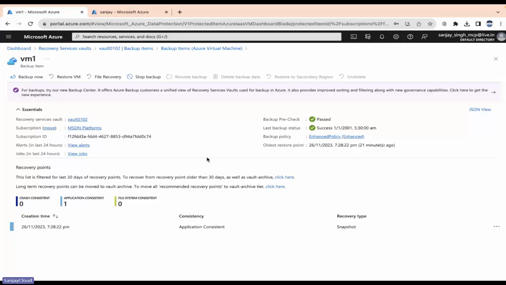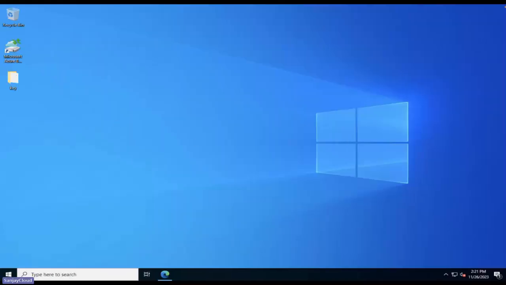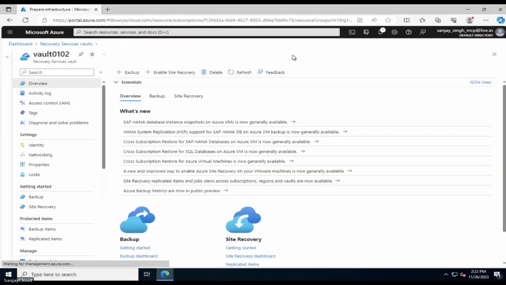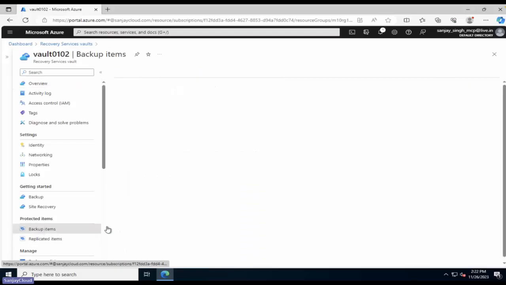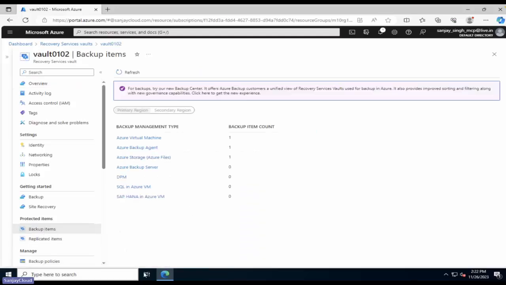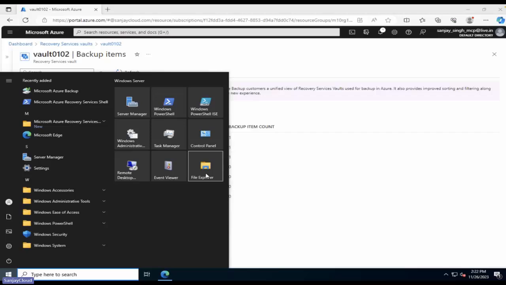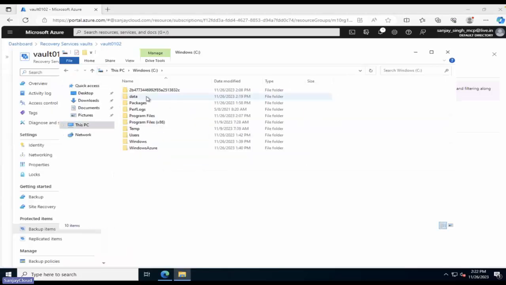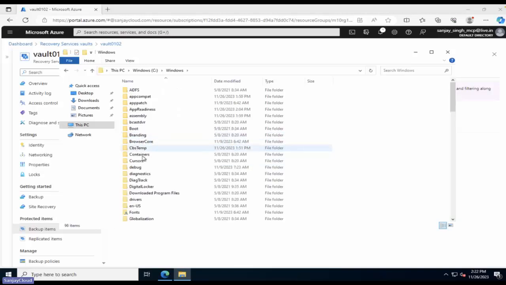Let me go back inside my virtual machine. Let me go to my portal. Let me go to Vault. Go to backup items. I'm inside my virtual machine, and let me do one thing first. Let me go to File Explorer and let me go to C drive. Inside C drive, I'm going inside Windows. Under Windows, I'm going inside